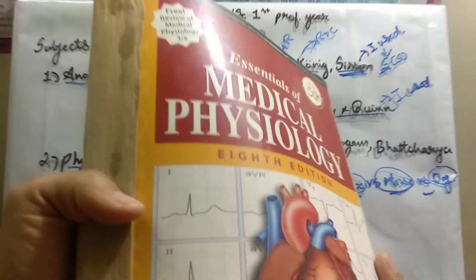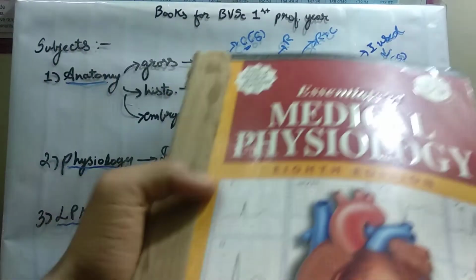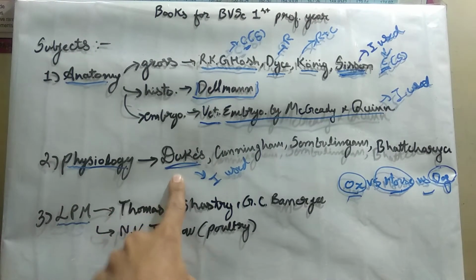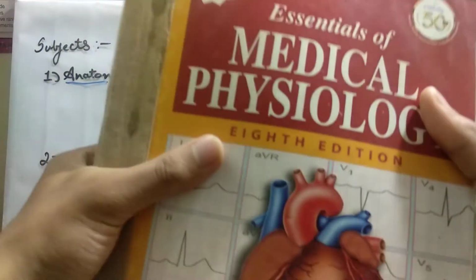I have this book here, but it is a very basic book. You can say that this is mostly exam based. But for gaining knowledge, especially about veterinary science, you have to refer to Dukes' Physiology, because Sembulingam is for medical students,